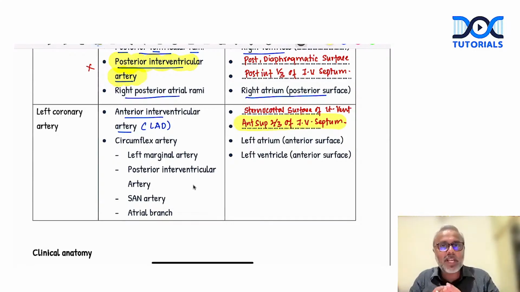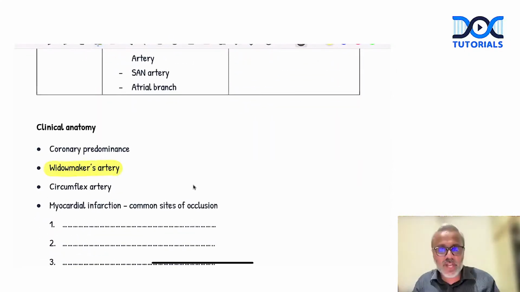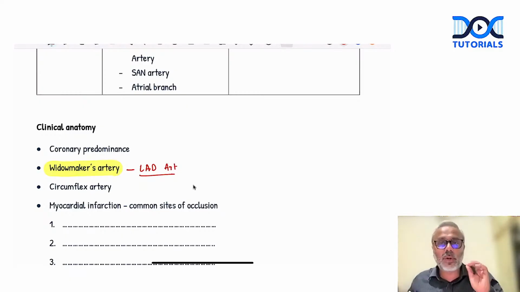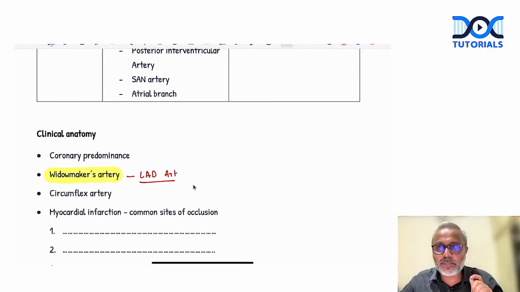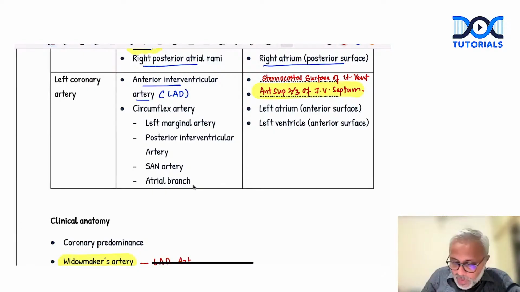Now, since it supplies the majority of the left ventricle, if complete blockage of the left anterior descending artery occurs, it usually results in a fatal myocardial infarction, and hence this artery is also called the widowmaker's artery. So left anterior descending artery or anterior interventricular artery is also called the widowmaker's artery. Are we clear? Apart from this, the left coronary artery also gives off the circumflex branch, which can give rise to